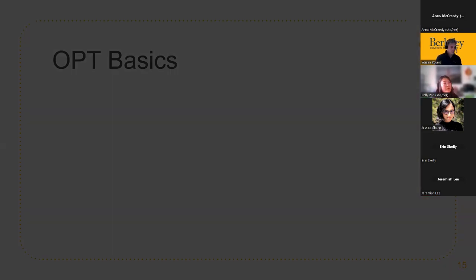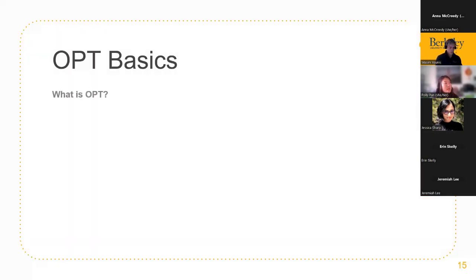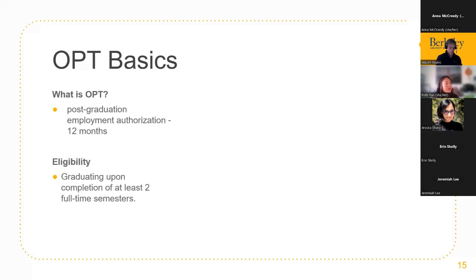OPT, that's another type of off-campus work authorization. The basics of OPT: it is a post-graduation work authorization, and usually that is 12 months. Eligibility: graduating upon completion of your program, and you have to be in full-time, you have to complete full-time semesters for at least 2,